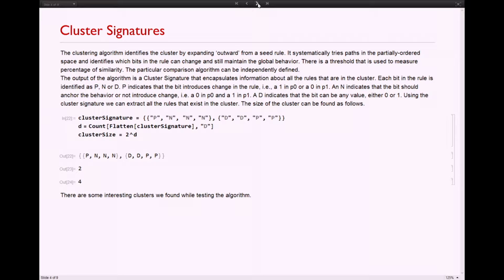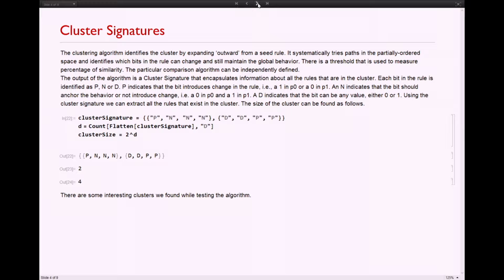So the way the signature works is, P means it is positively effective, and N means it is negatively effective. For instance, if you're in P's of 0, primitive 0, the base state is 0. So a positive change in P's of 0 means the bit has to be 1, and a negative change means the bit in P's of 0 has to be 0. If you're in P's of 1, the base state is 1. So to change, like I was saying earlier, a P in P's of 1 is a 0, and an N in P's of 1 is a 1.